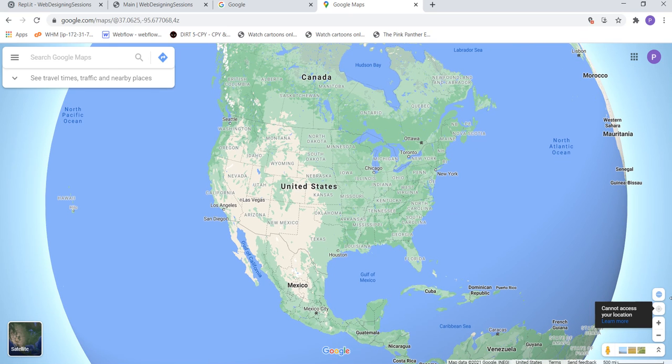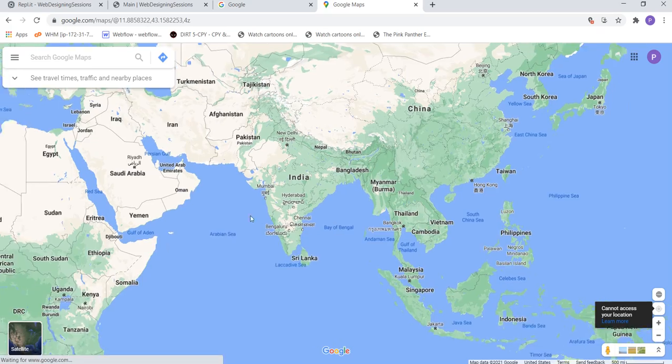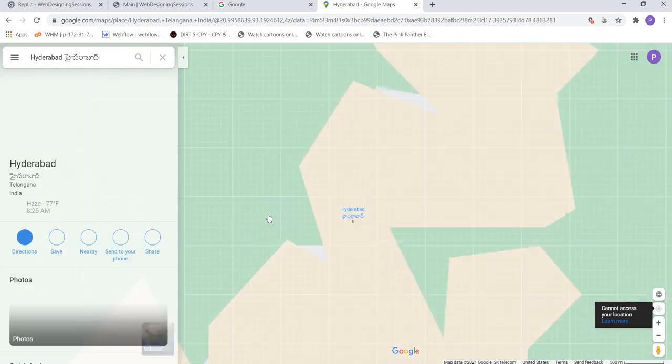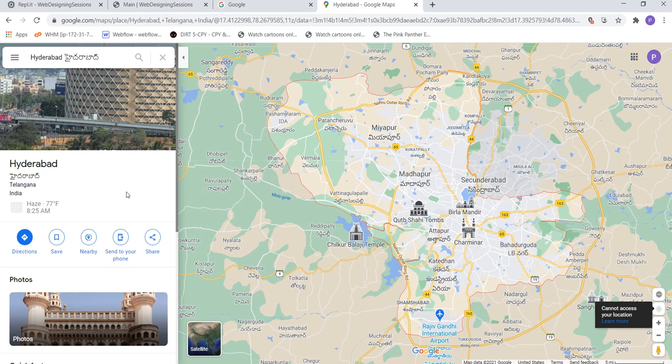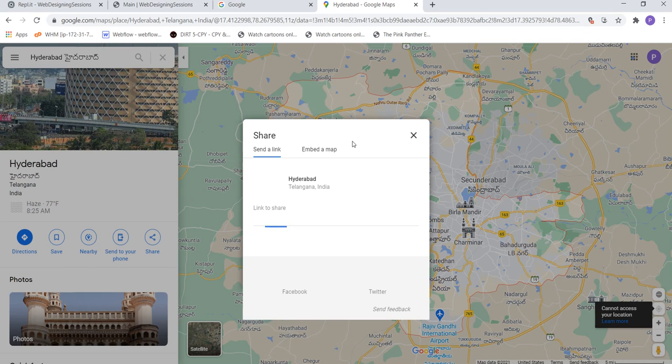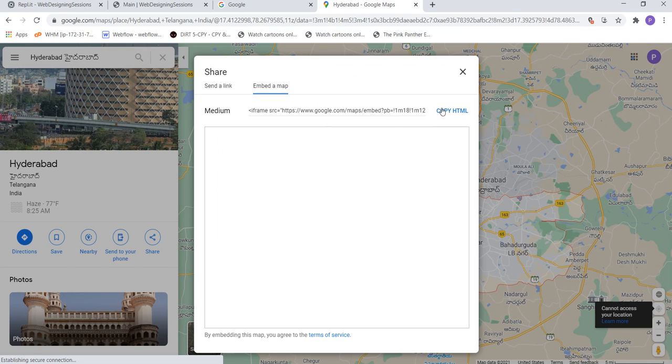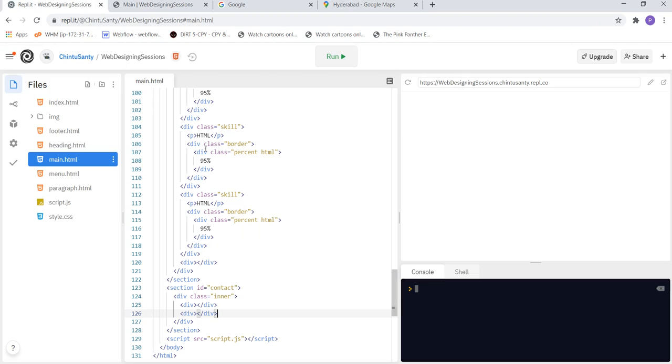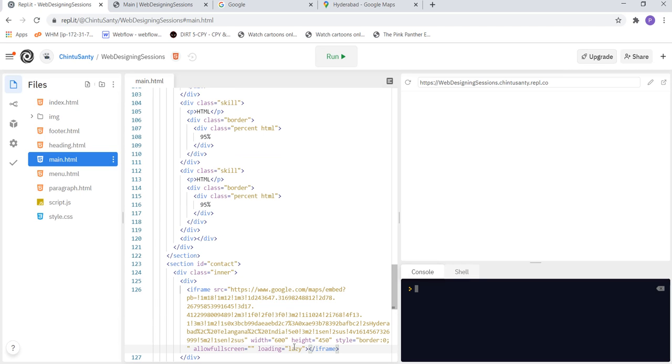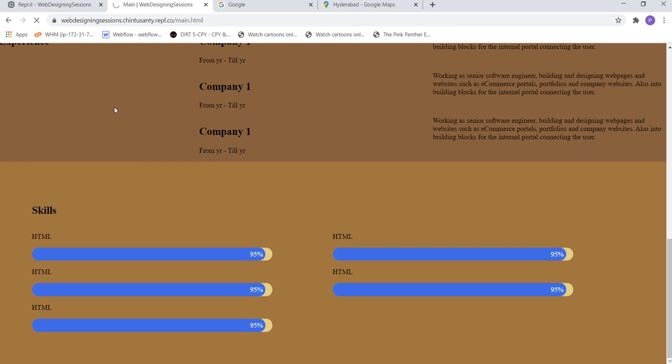Okay, so if at all you wanted this location exactly, whenever you are in a particular location, if you click on share, you get an option to embed a map. So you need to copy this HTML and then paste it here. So if you see here, you have width and height. So what I'll do is I'll give height as auto and width as 100%. So when I just refresh this again here,